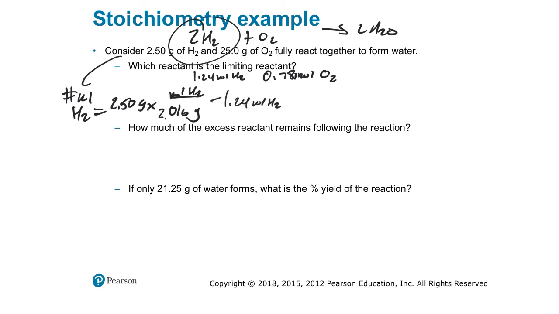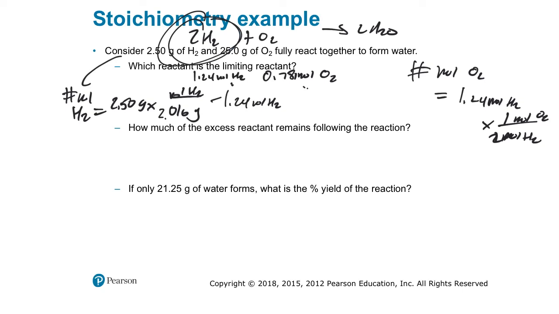of H2. Then for every 2 moles of H2 I consume, I'm going to lose 1 mole of O2. So the number of moles of O2 that should be consumed would be equal to the 1.24 moles of H2 that react, times for every 2 moles of H2, because there's a coefficient of 2 in front of H2, we need 1 mole of O2 to react with it. So we're just saying, if you react this quantity of H2, how much O2 do you need to react with it? Well, 2 to 1, so we have to cut it in half. So 1.24 divided by 2, that's 0.62 moles of O2 react,